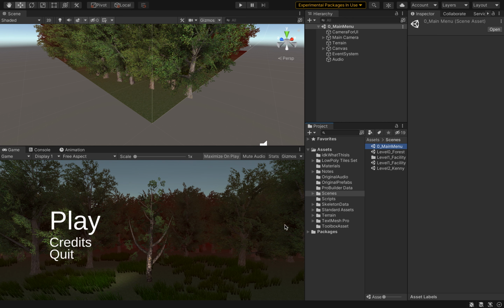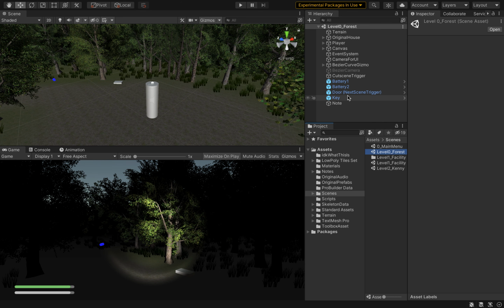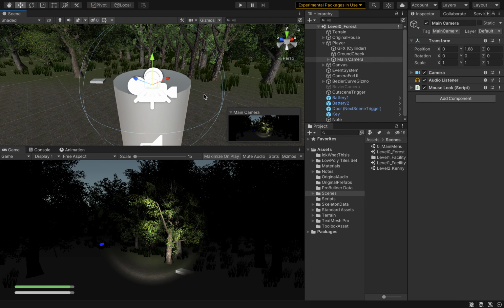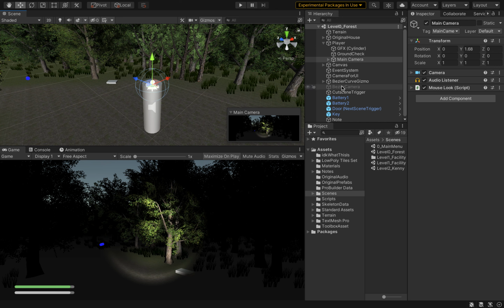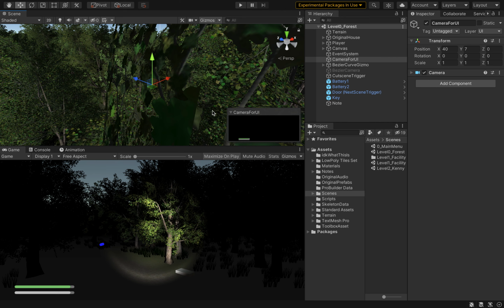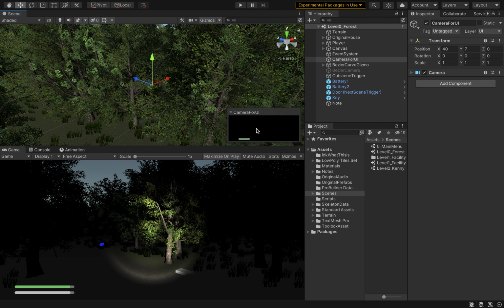So the first requirement was to design a scenario so that you need to use at least 2 cameras for your game. For our first level, we use 3 different cameras, a main camera, which is attached to our player. It is a first-person controller. Our second camera is a UI camera, which just handles the HUD, which you can see through this viewport here,